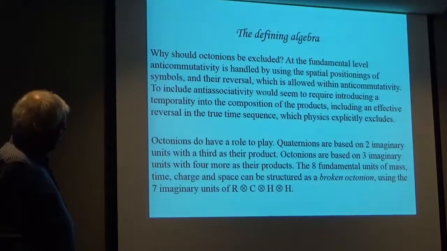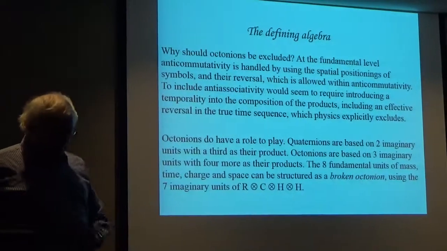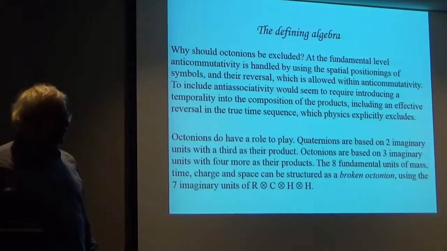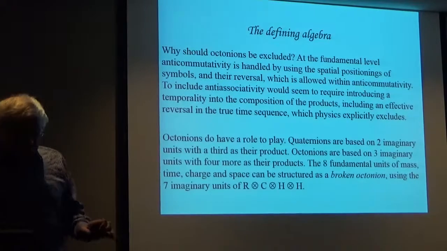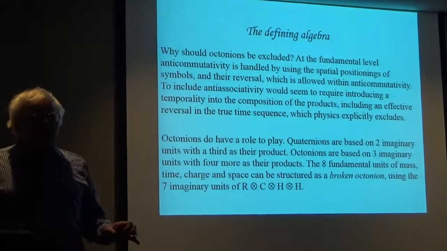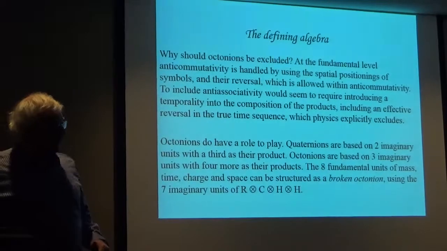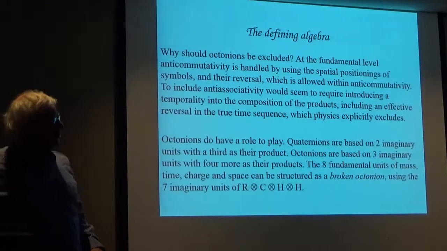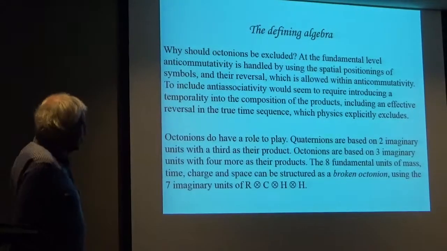Why do we exclude octonions and not quaternions? Why do we say anti-commutativity is all right, but anti-associativity isn't? Well, anti-associativity, when you're actually doing the operation, involves a kind of time sequence. If you've got anti-associative, you're reversing the time sequence, and that doesn't happen in physics. However, octonions aren't completely excluded,